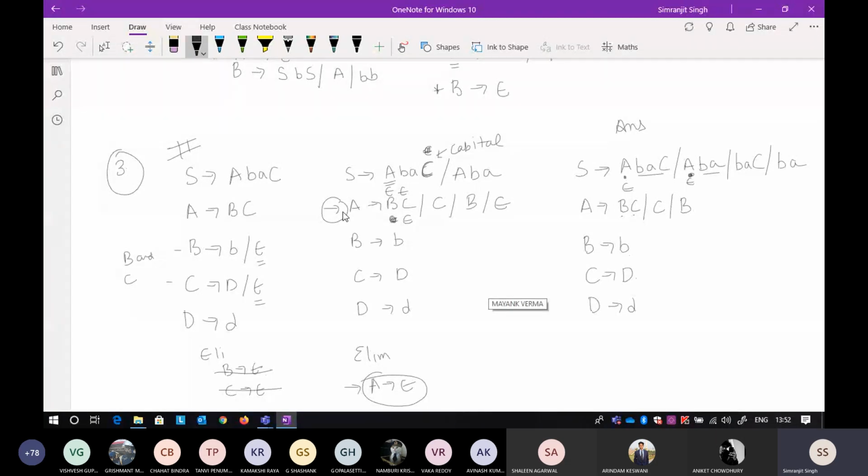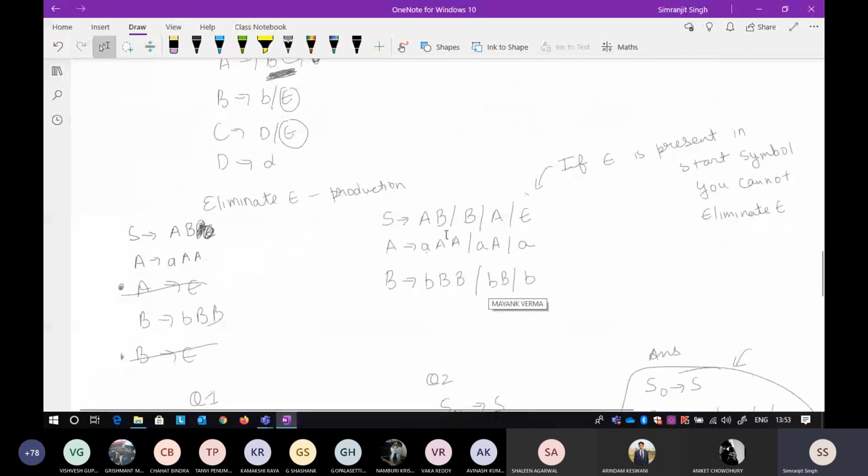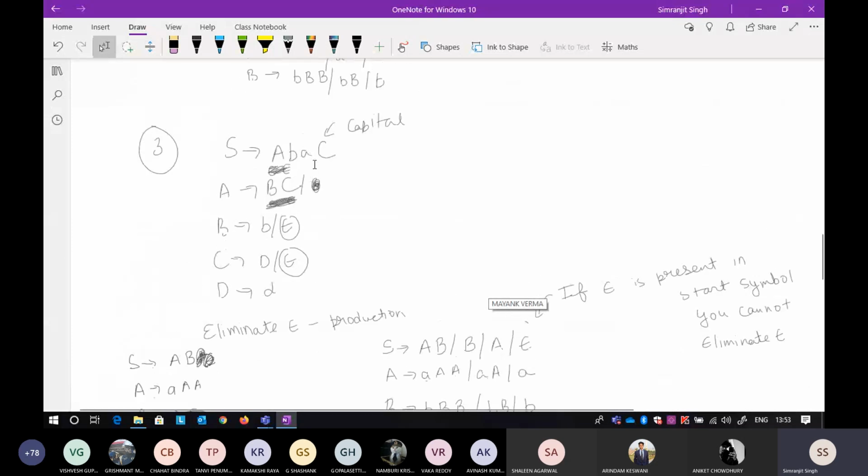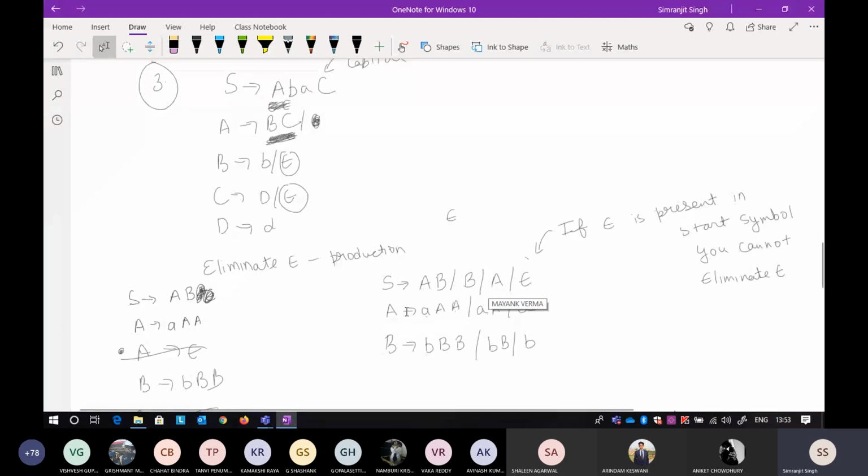But keep in mind, now there is an exception. If somehow you got the epsilon in the starting symbol, there is no way you can get rid of it. In the previous question that I've told you, the epsilon is included in the start symbol. Now if you're thinking that wherever there is an S, I will put epsilon there and eliminate it, there will not be an S you will find in the expression. That is why this is the important point here: if epsilon is present in the start symbol, you cannot eliminate epsilon. So that is in the language.